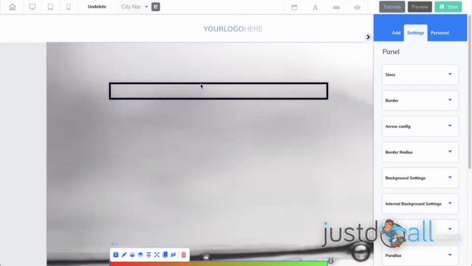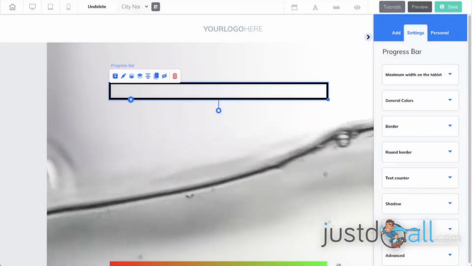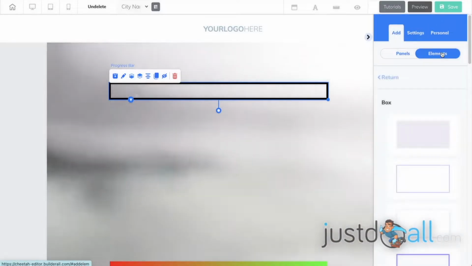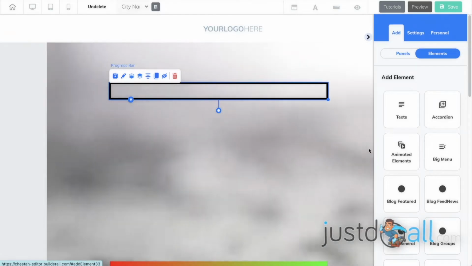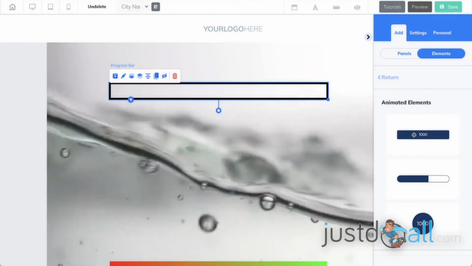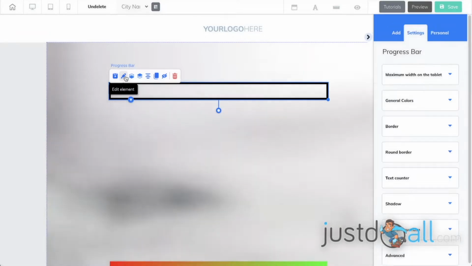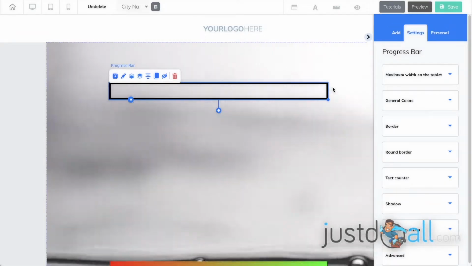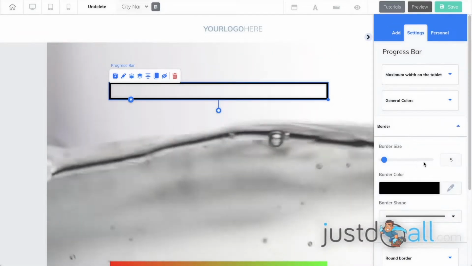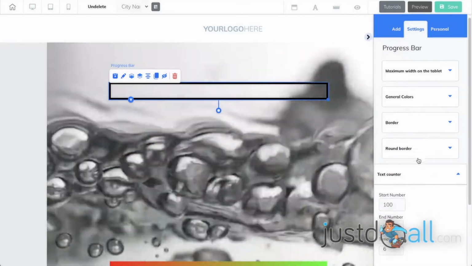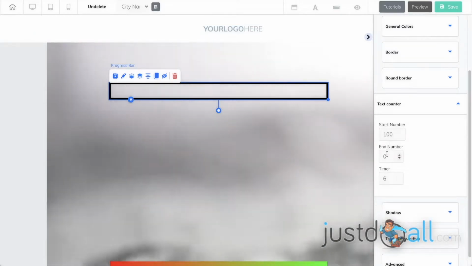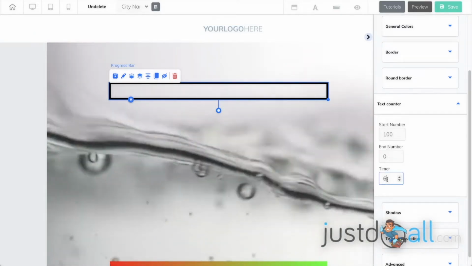What we need is to take a progress bar, so it's in add element and animated elements. You choose the progress bar, and inside what you do is make a border quite big. I put 5, and in the counter you start from 100 to 0, let's say in 10 seconds.